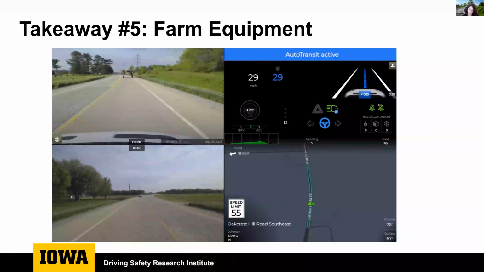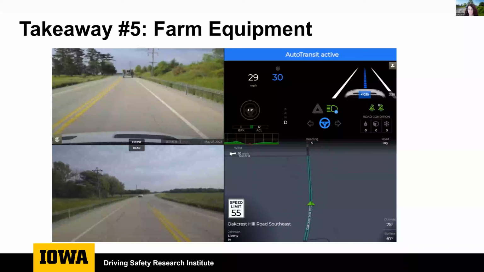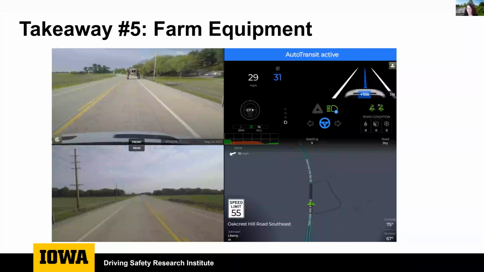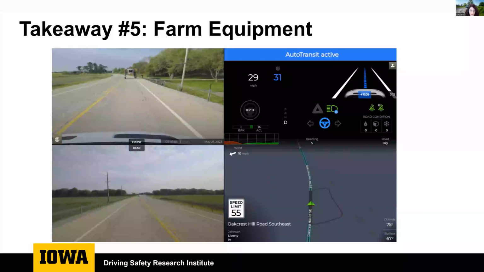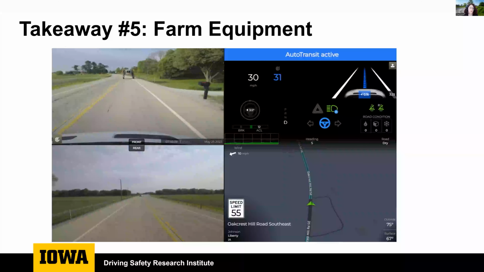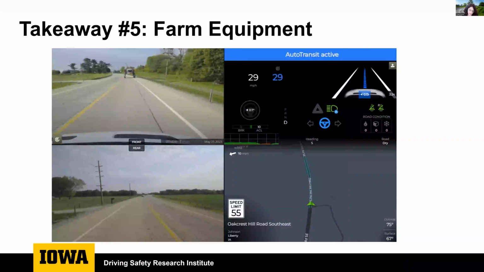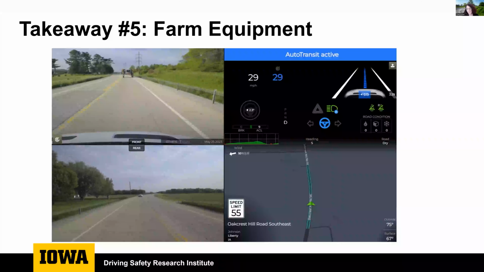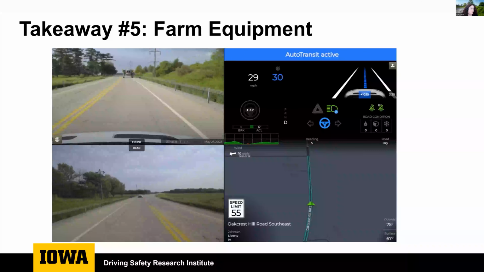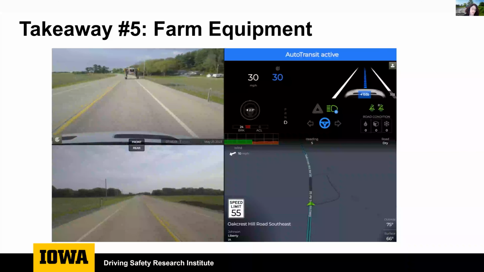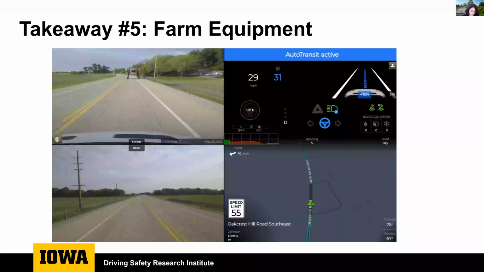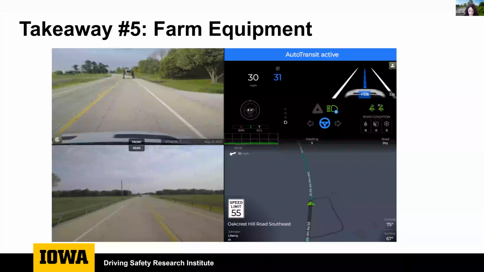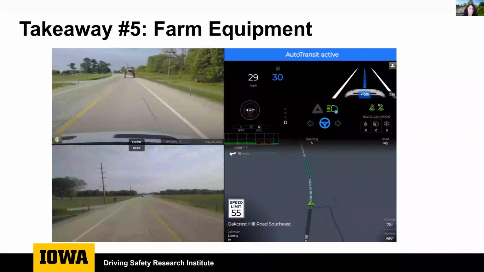Every encounter is very different. There are different types of farm equipment, some big, some small, some may be pulling implements that may cause issues for it to be identified. There are different types of roads. This is a paved road. A gravel road might be very different. How are the vehicles traveling on the road? This one's taken up the whole lane. What happens if they're just on the shoulder? What if they're just barely on the road? Those are all things that need to be considered. It's important that the A/B testing on rural roadways consider all these various scenarios. Next slide, please.